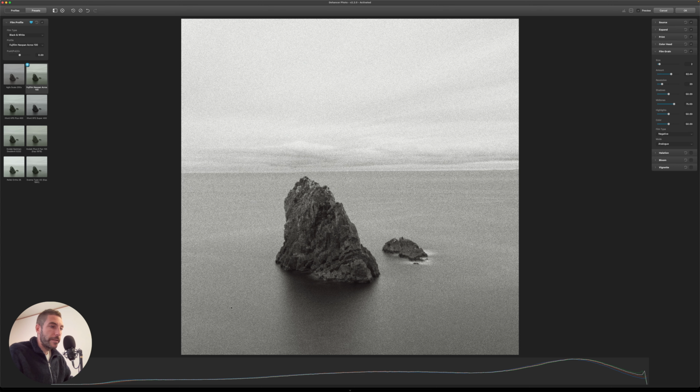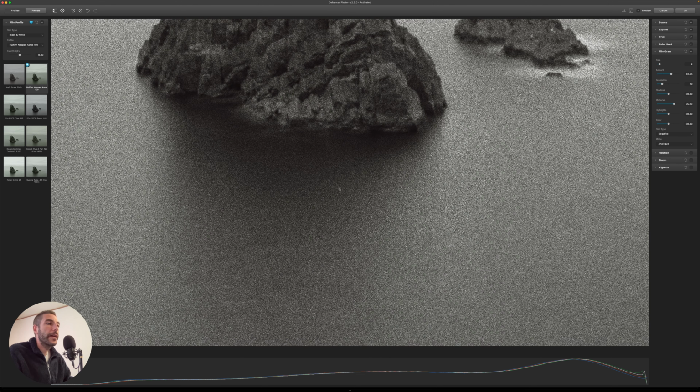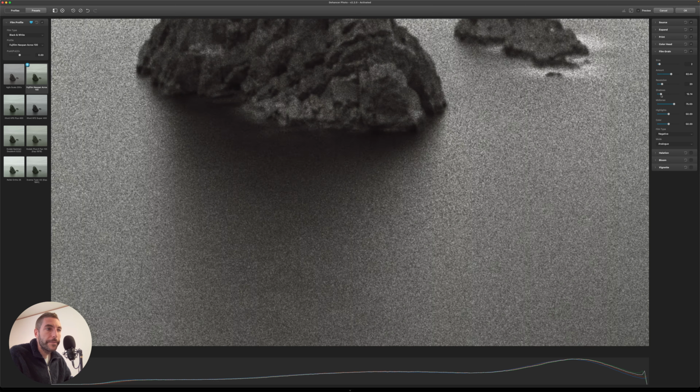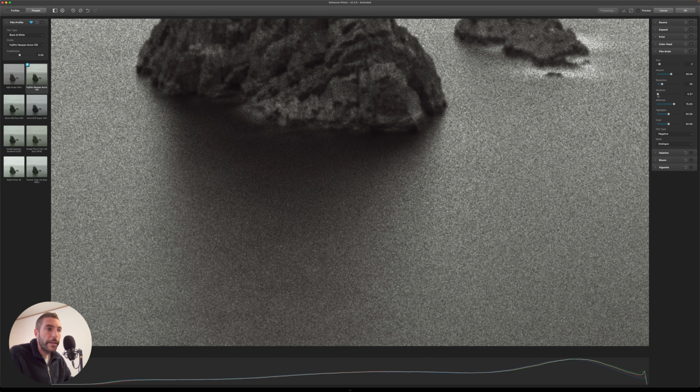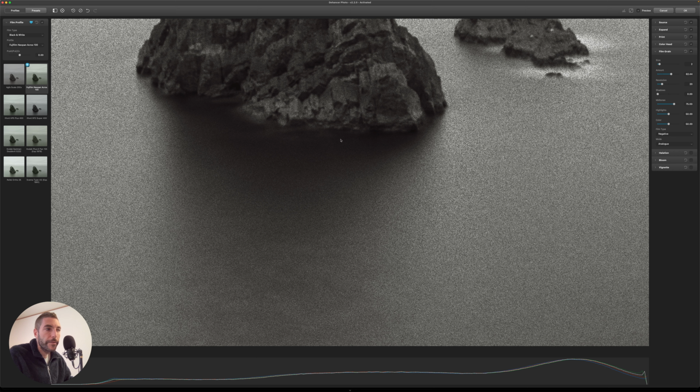So for example, in this image, let's say I want to have less grain here in the shadows. I just need to lower this slider for the shadows, and it's going to give me less grain in the shadows overall. This is really, really nice. It's something that other plugins don't have so much.